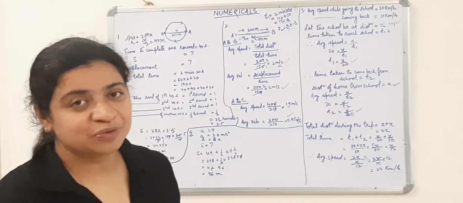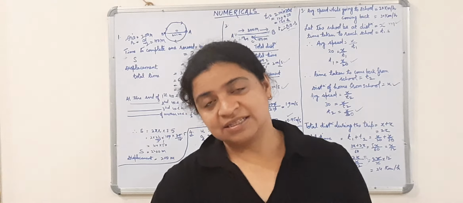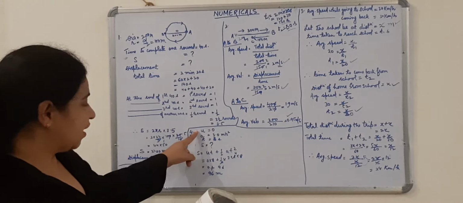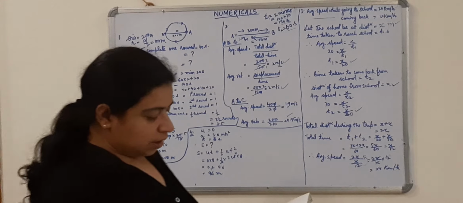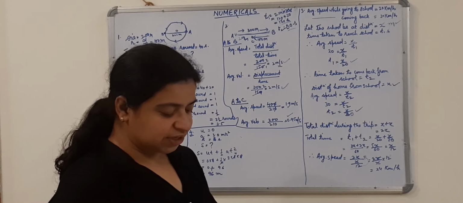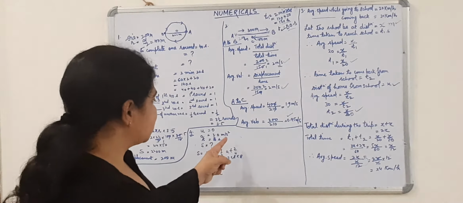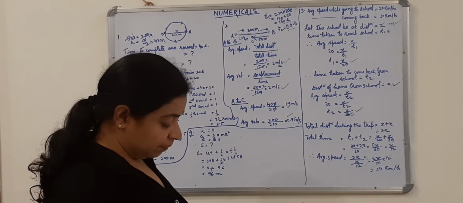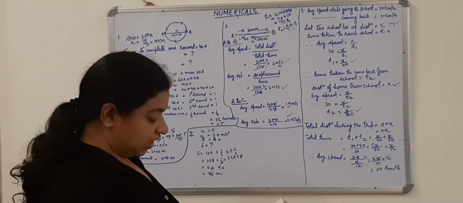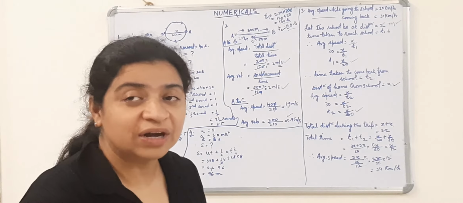Now let us switch over to our last question, that is the fourth question. A motorboat starting from rest, it means its initial velocity is 0, so I have taken u as 0, on a lake, accelerates in a straight line at a constant rate of 3.0 meter per second square. So acceleration in this case is 3 meter per second square, for 8 seconds. It took 8 seconds to accelerate at this rate. How far does the boat travel during this time? We need to find out the distance.